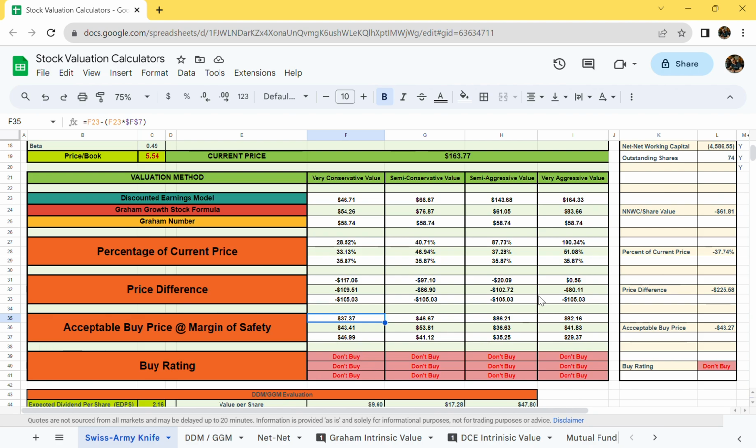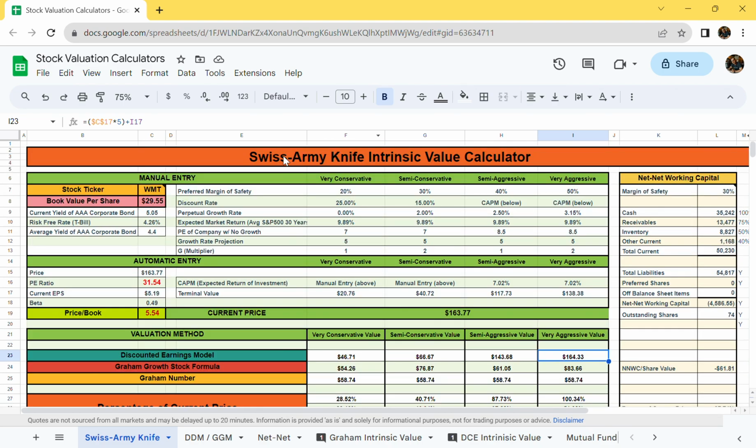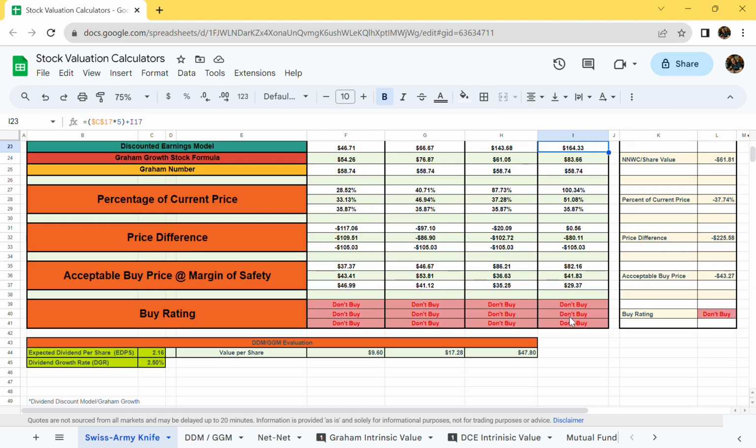Of course, if you had a much lower margin of safety, 164.33 is just a little bit greater than 163.77. Say you had no margin of safety built in, you would say that's a good buy, at least in the sense that you would make just under $1 by buying it. Now, of course, these are driven by these. So if I make changes up here in this section, that's going to affect the acceptable buy prices